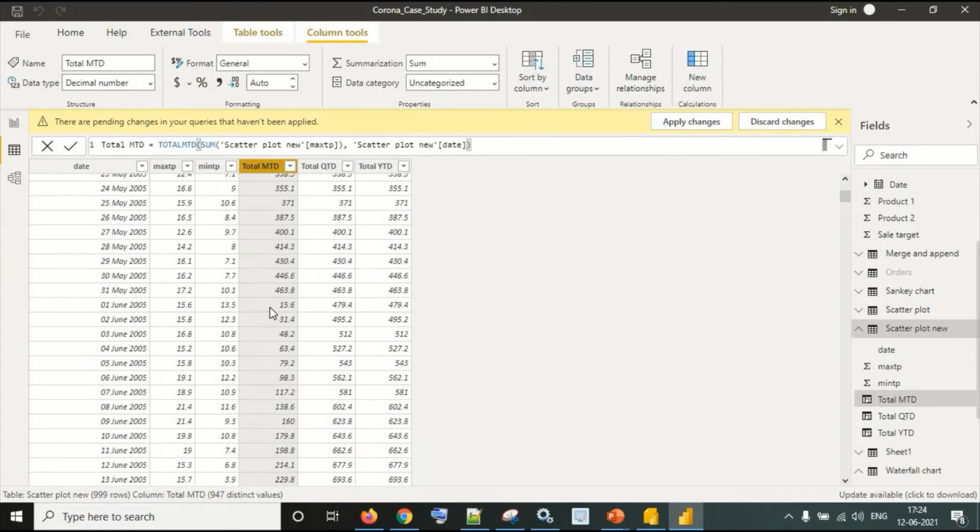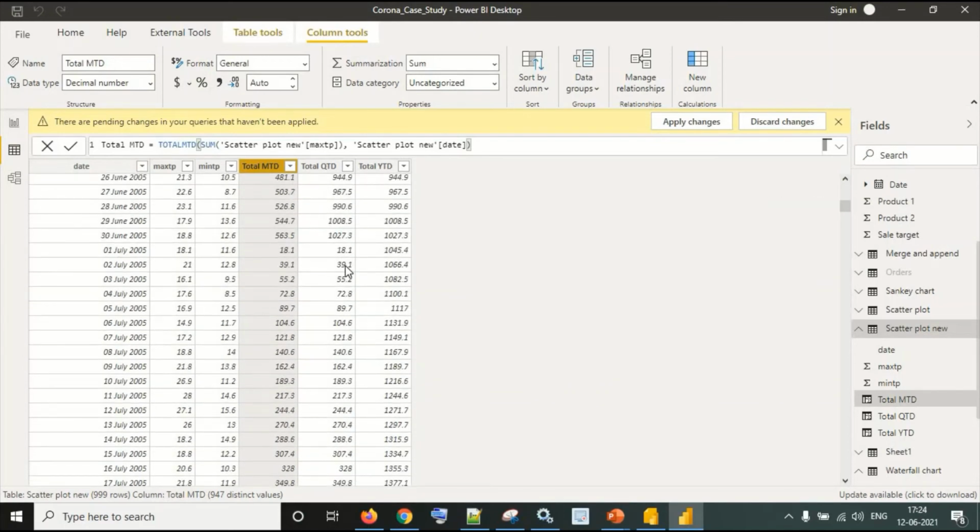But when it comes to June, it starts again from the initial value. Like on first June it is 15.6, and it continuously gets added, right? Okay. Now QTD means it will end at June, so it is 463, but here it got added all the values. Once we end our June, all the values for QTD will be summed, right? And again for July, because it's a new quarter, our values will start again from 1st of July. But this is not the case for YTD.